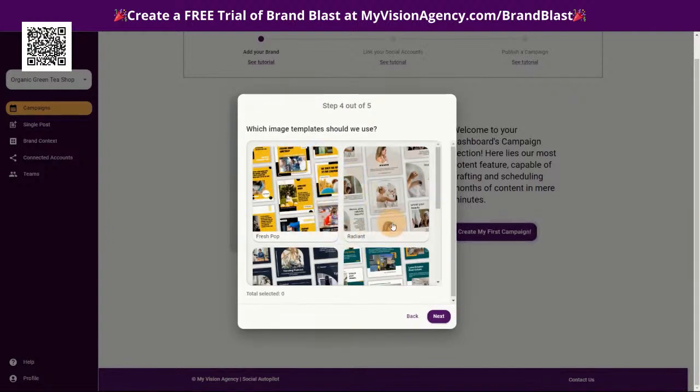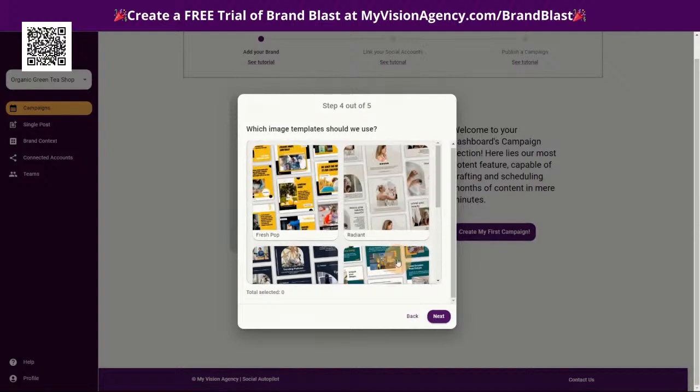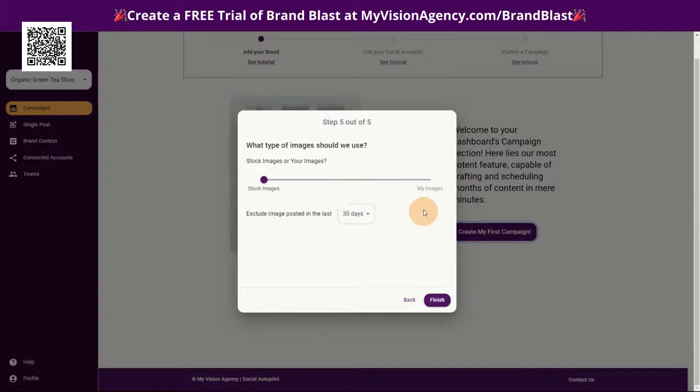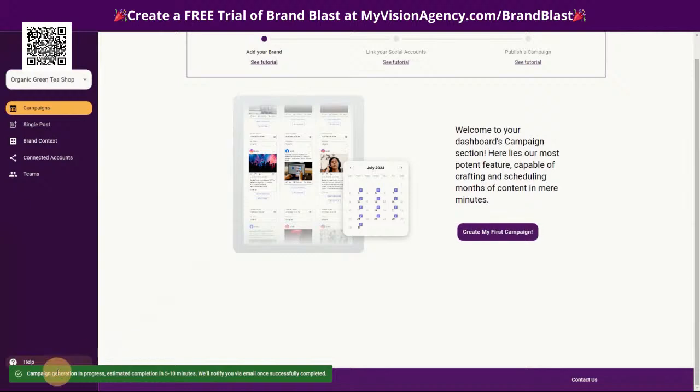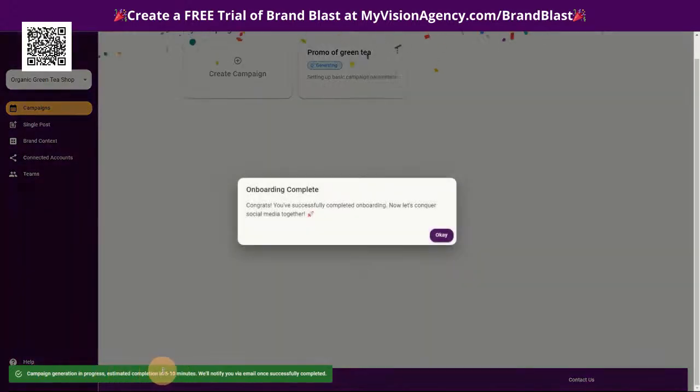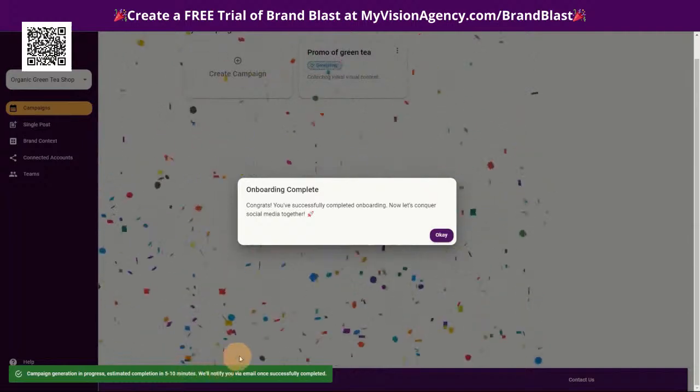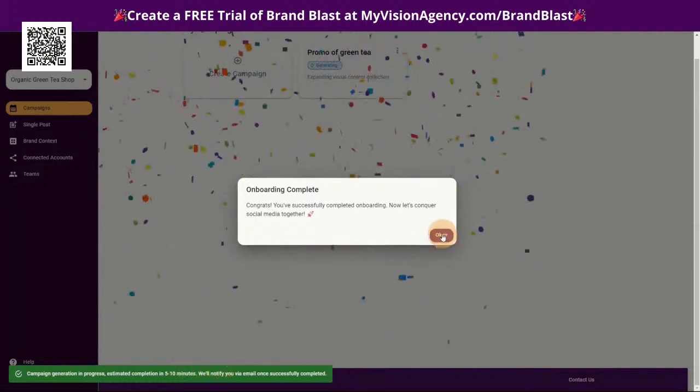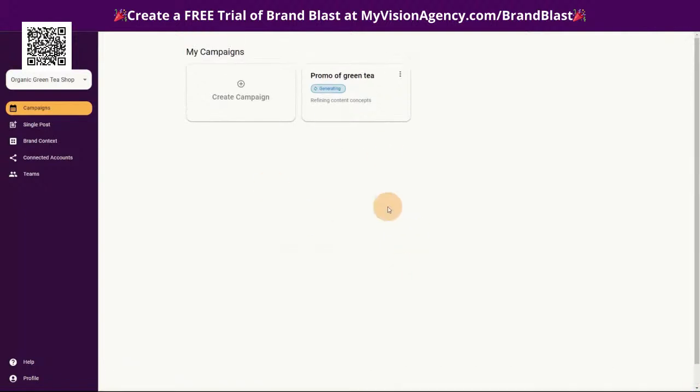And then now we can choose the style of the post that we want to create. I'm just going to choose this one here and we'll click next. And of course, we don't have any images uploaded yet. So it's going to default us to the stock images, which are good. And then we can also exclude any images posted in the last 30 days, but we haven't actually posted any. So we're going to leave that there and then click finish. So now you'll see down here that our campaign is in progress and it will take 5 to 10 minutes and you will receive an email when it is complete. Okay. So that's how we want to create our